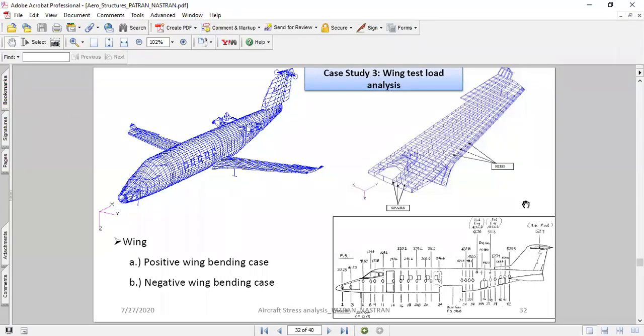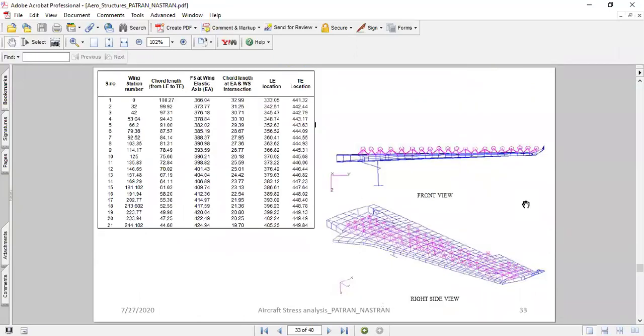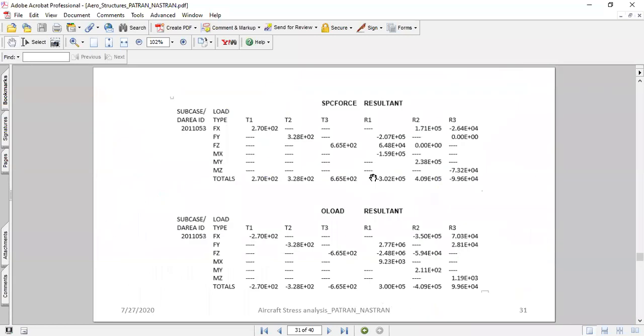My task was to develop a finite element model that produces a correlation between the test results and the FE results, and to make sure that the test results make sense. They supplied me with the test loads. For example, this is an aircraft wing.